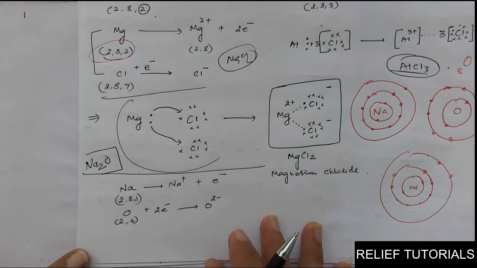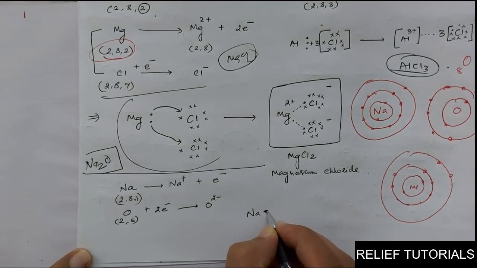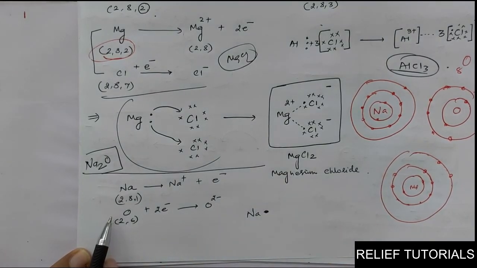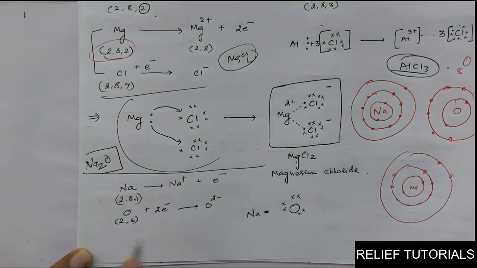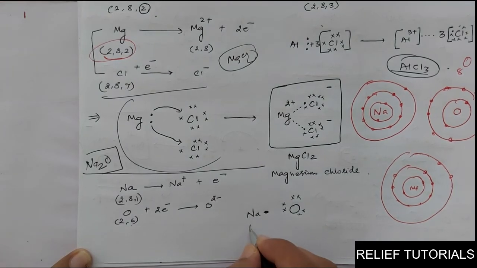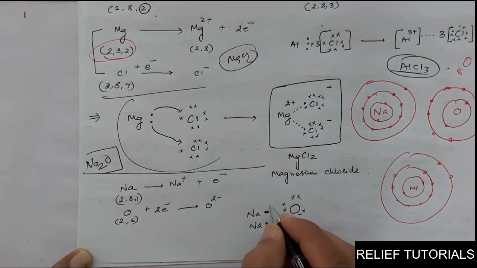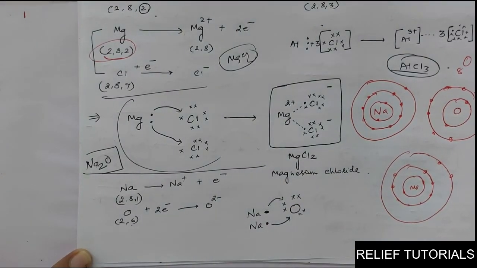So Na2O. Sodium has 1 electron in the outermost orbit. While showing the bond, you show only the outermost orbit electrons. Oxygen has 6 electrons in the outermost orbit. How many are required by oxygen? 2 are required by oxygen, and how many are there with the sodium? Only 1. So if this 1 electron is gained by oxygen, oxygen will not be satisfied. So what happens? Another sodium is required here, and it also gives 1 electron. So both these sodiums are going to lose 1 electron each to oxygen.